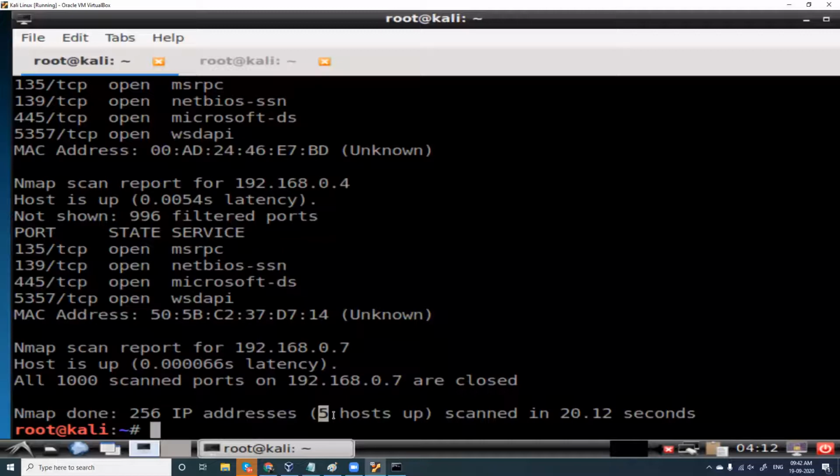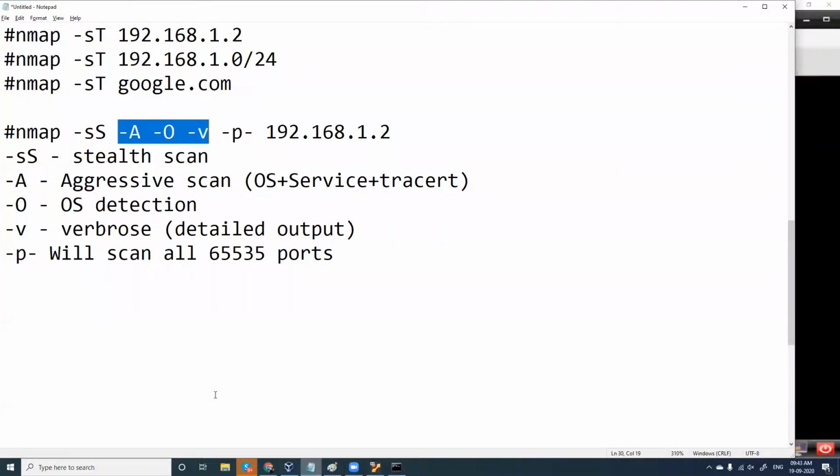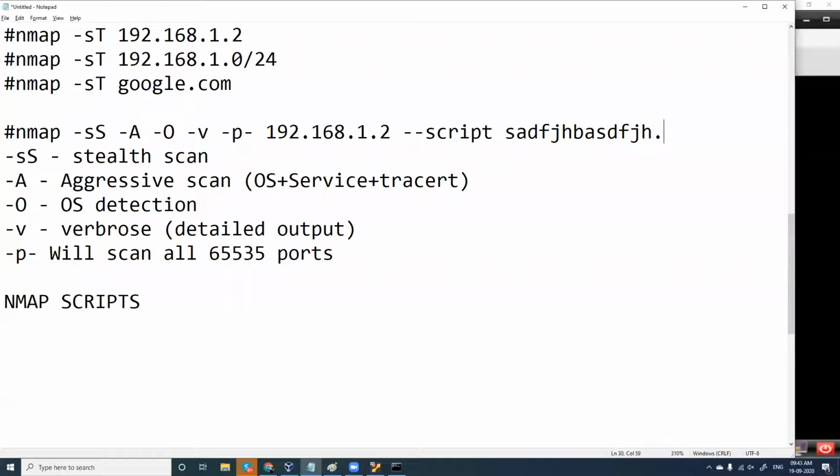And as I told you, you have so many complex commands which you can try with Nmap. For people who want to try something advanced with Nmap, please learn what Nmap scripts are. You have scripts for everything. Whatever technology you mention, you will have an Nmap script. When using an Nmap script, all you have to do is type the script tag here and type the script name, and this script name usually belongs with .nse. The extension will be .nse.